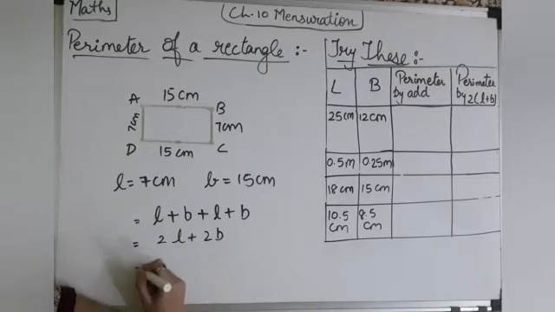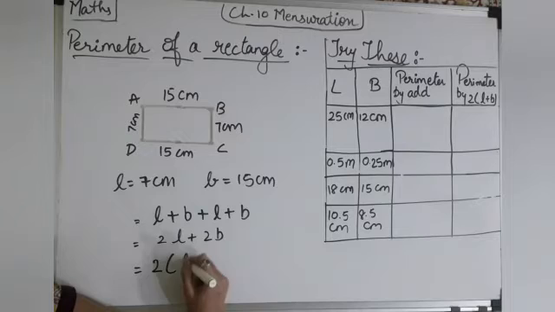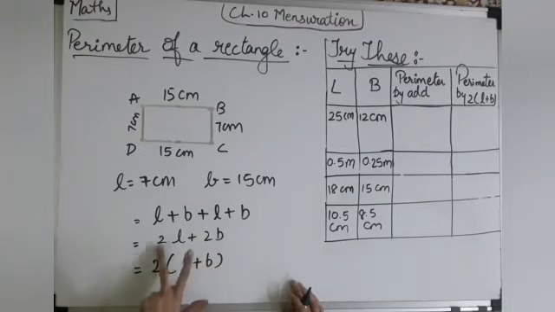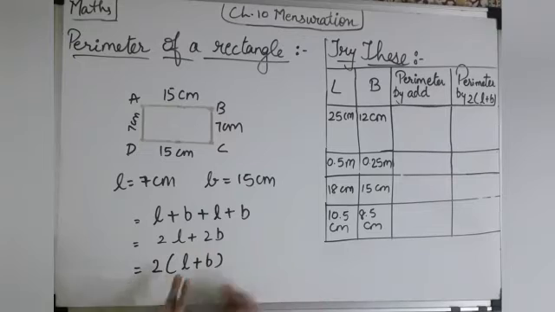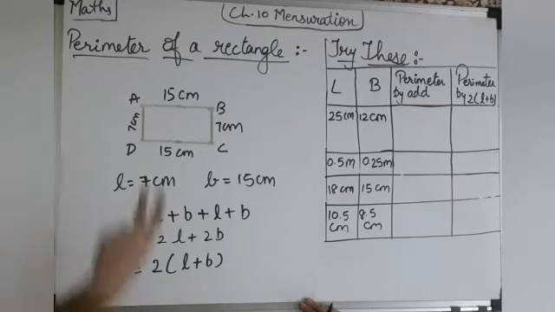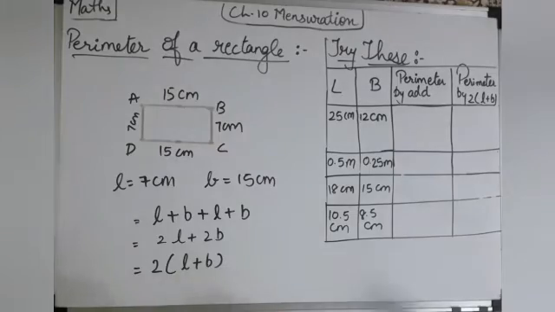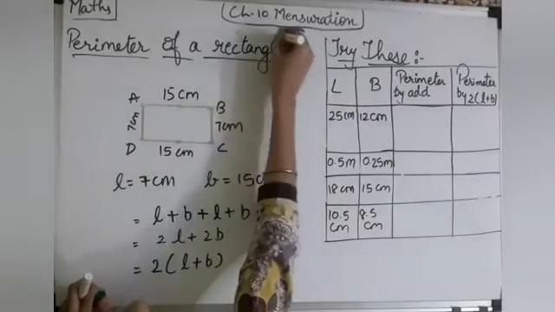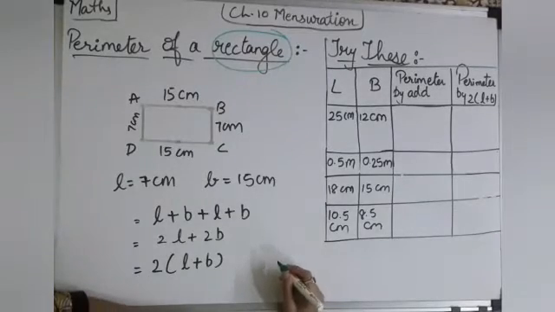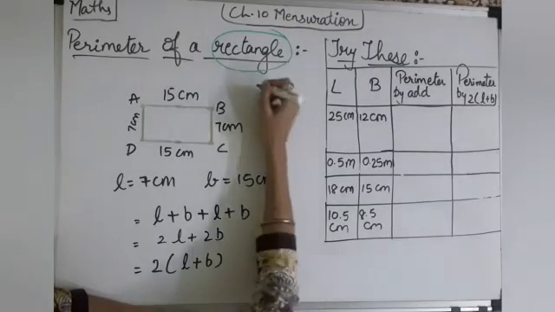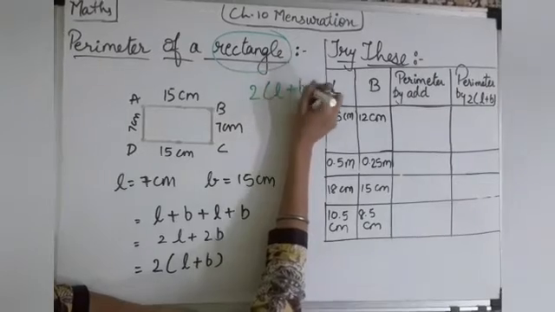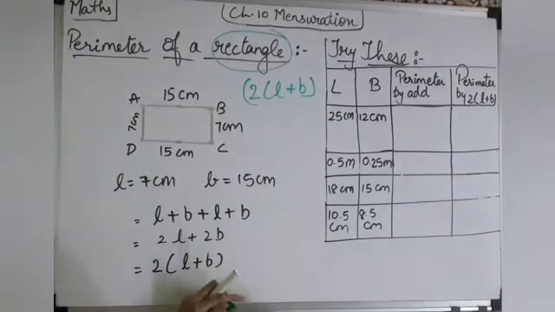So we can write like this. But in the end, one more thing is there. We can also write 2(L plus B). Here what have we done? We have taken out 2 as common outside, and we have given here the formula. That L plus B, and we have to multiply by 2. So 2(L plus B) is the formula of perimeter of a rectangle. You have to keep in mind, okay, that the perimeter of a rectangle, what's the formula? 2(L plus B). Okay.